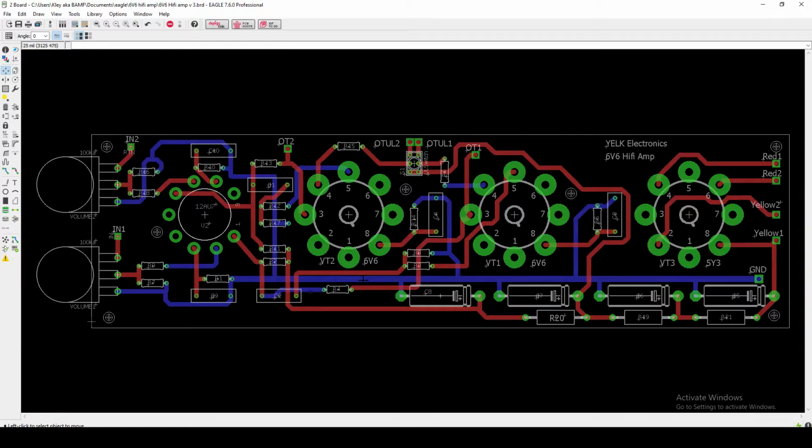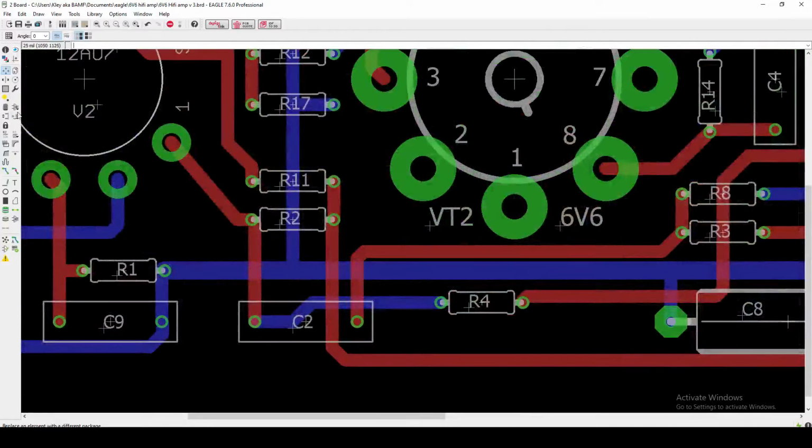I guess it's not really wire. I think it's a copper trace. That is actually fairly significantly large, just for comparison,